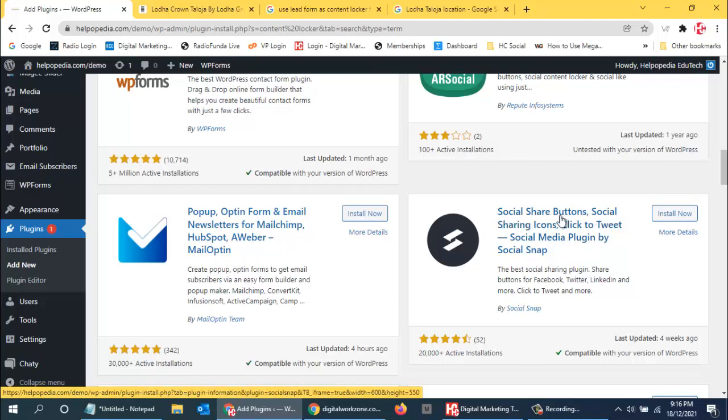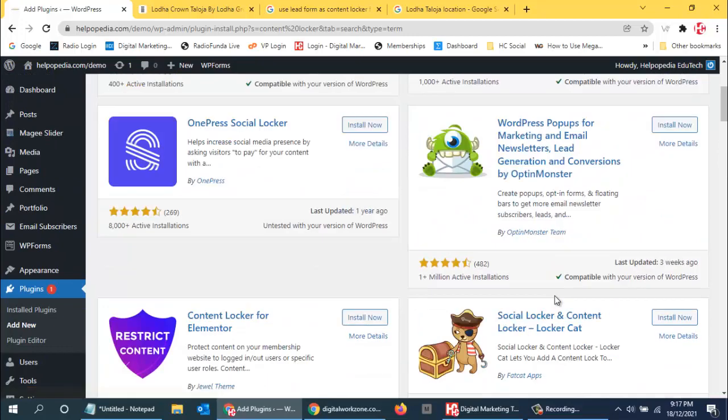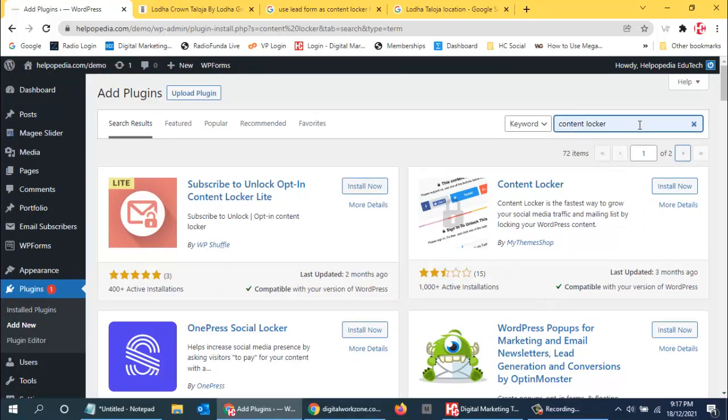Like this, there are various options, and you can use content locker, lead generation content locker.